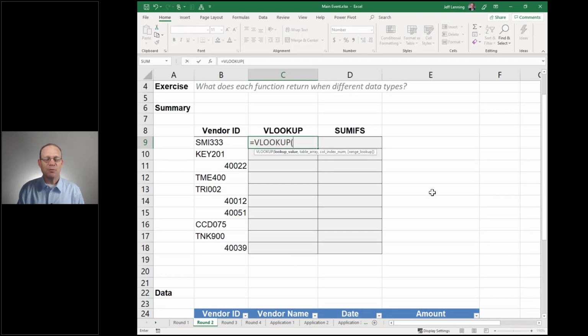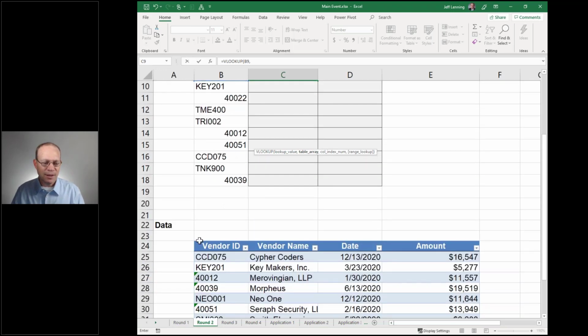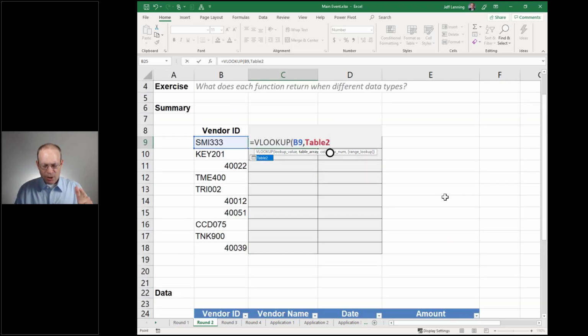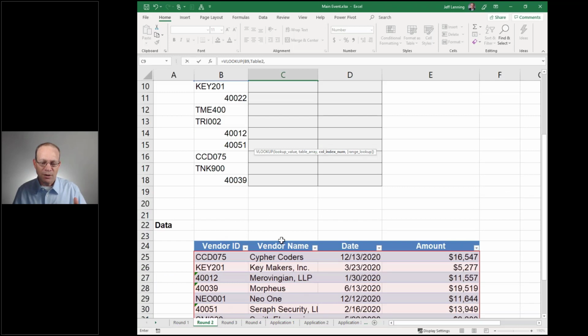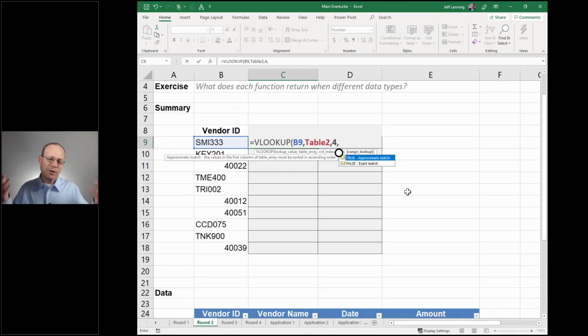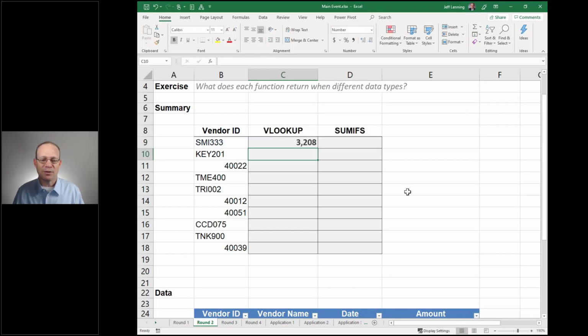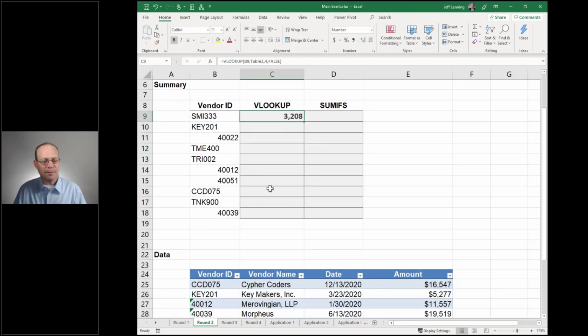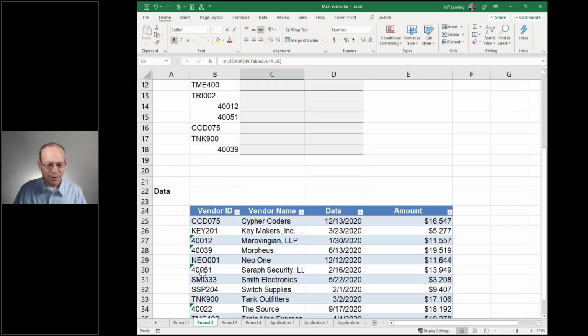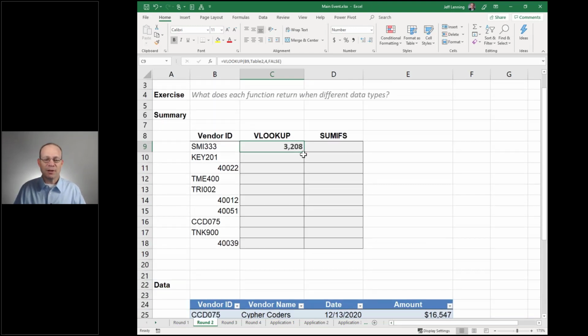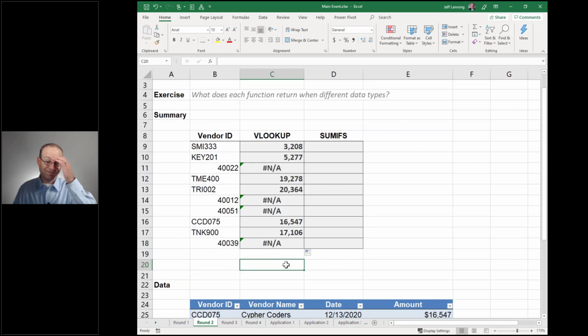Let's first try it with VLOOKUP. Equals VLOOKUP. Remember these arguments? We want to find this, comma, in here, comma, return the value from the 1, 2, 3, 4th column. And true or false, am I doing a range lookup? False, I'm not doing a range lookup here. I'm looking for an exact matching value. Close function and enter. 3208 looks good. SMI 333, SMI 333, 3208. I think we got it. Let's fill it down and